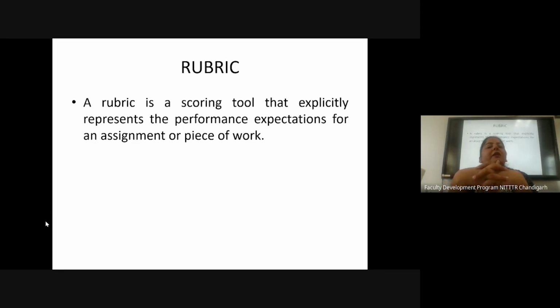बट जब हम अपनी डेवलपमेंट की बात करते हैं, we started from the level of remembering, understanding up to evaluation and creation. क्लासेस हम किसके लिए यूज कर रहे हैं? ओनली अप टू एनालिसिस और एप्लीकेशन बेस्ड मोस्ट ऑफ द टाइम. So when I said the evaluation tool where your performance expectation is represented for an assignment or a piece of work,